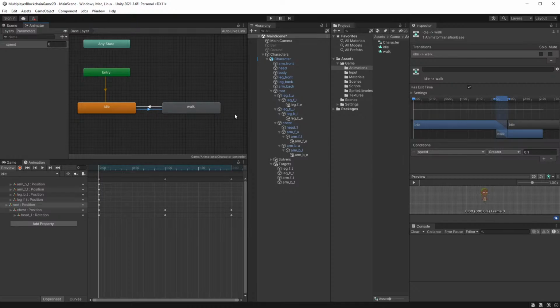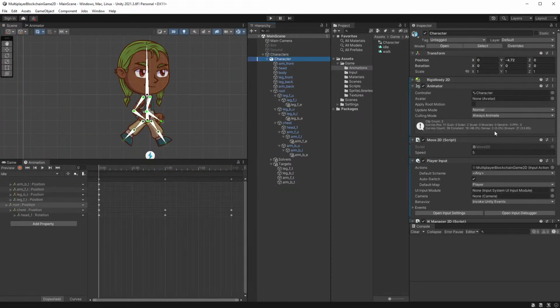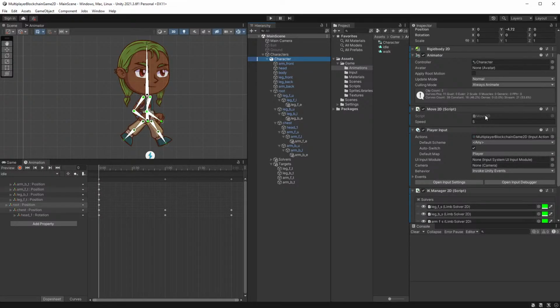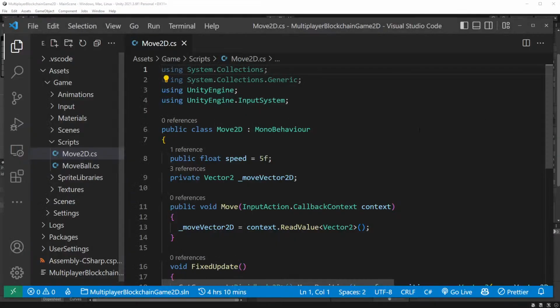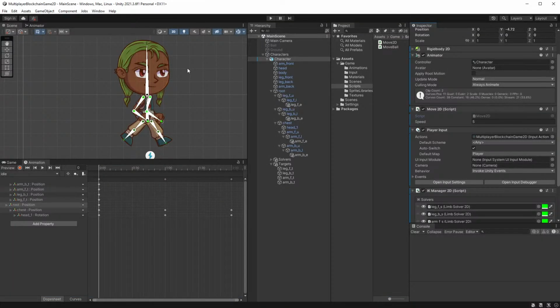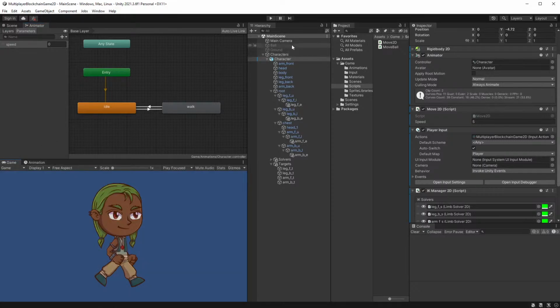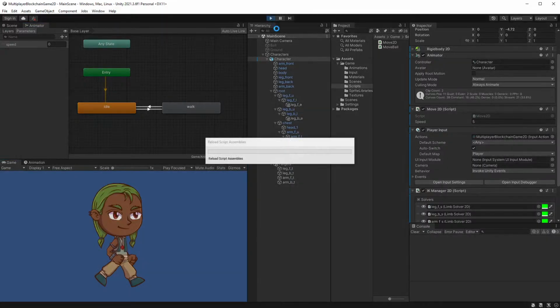But now I'm afraid to say we need to get into our script. So I know you've been missing scripting, so let's do that. But don't worry, it's only a few lines, so nothing too onerous. We need to get out our animator because this is what I can show you. I can show you it manually how this works, and then it kind of makes sense then when you do it in code, right? So if I hit play now,